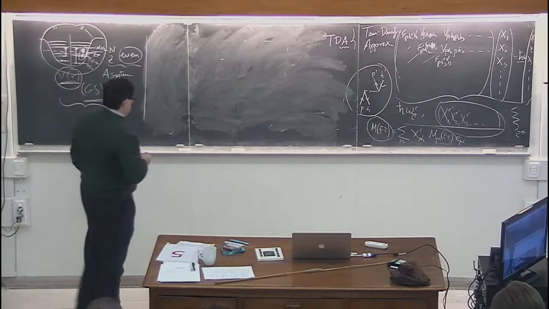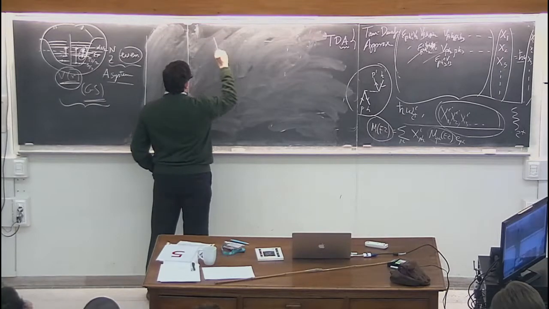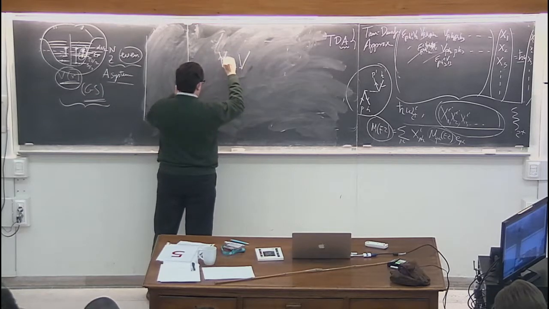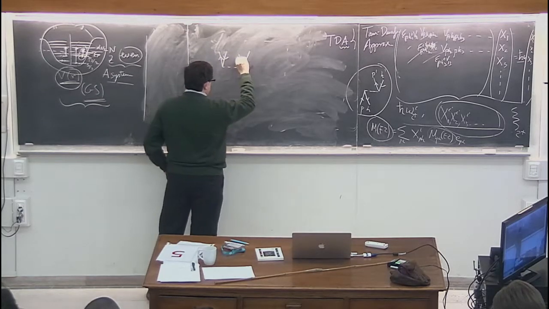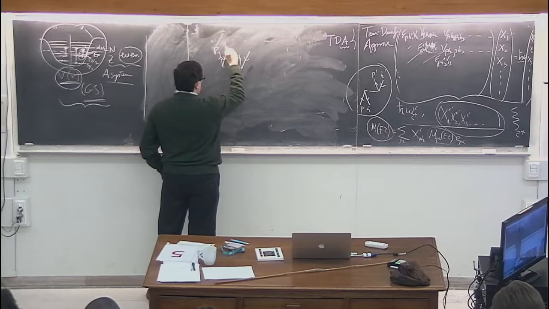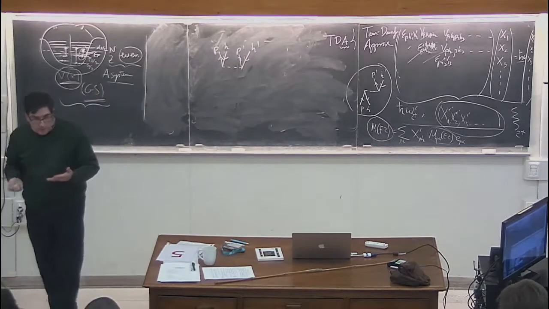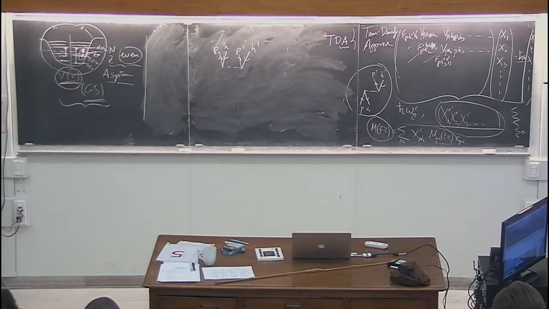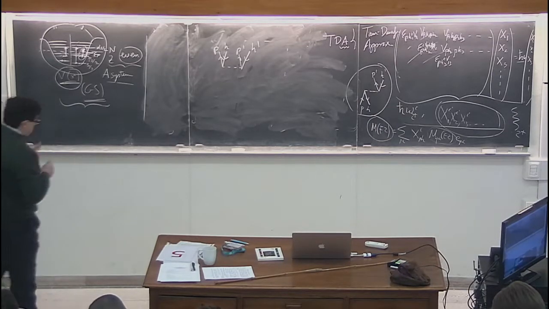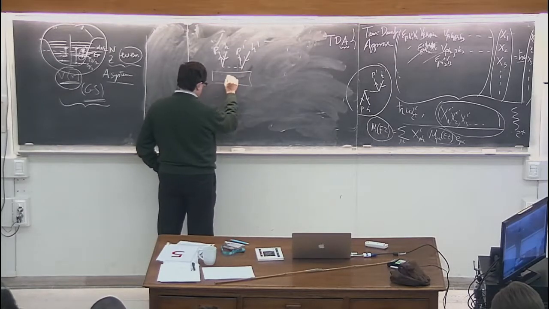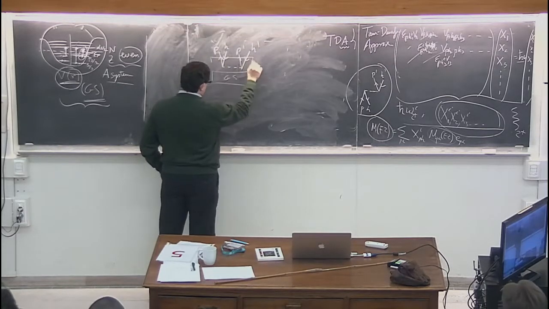But there is a particle-hole residual interaction, which is this one. This is also a particle-hole matrix element through the residual interaction. The point here is that it is connecting the ground state with a two-particle-two-hole